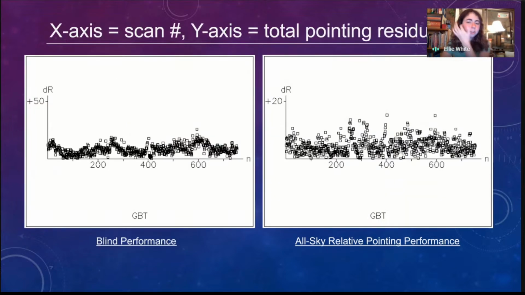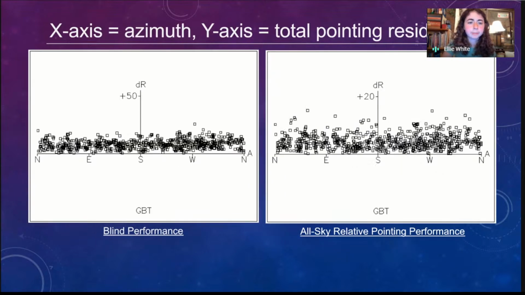Just to show a couple more, these are pointing error versus time. You can see there's really not a lot of time degradation; in other words, the pointing model doesn't get a lot worse as time goes on. You can see a little bit of error, maybe some structure, especially on the left, which could be due to seasonal variation. But in general, it looks pretty good.